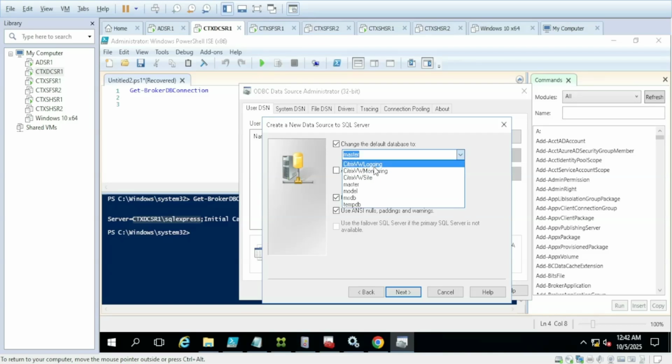And the logging database is basically for logs. So if we make any configuration changes, it will create a log for that and save that information here, so that is mostly used for logging purposes. To launch Citrix Studio, we need this site database. So I just connected the Citrix site database here, and